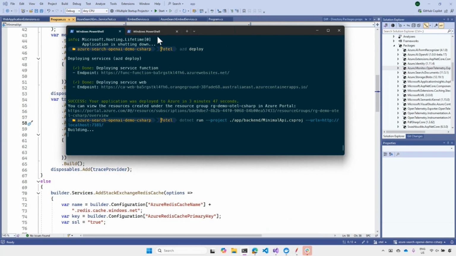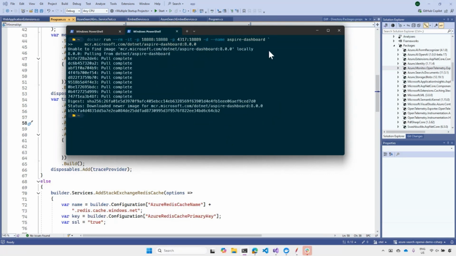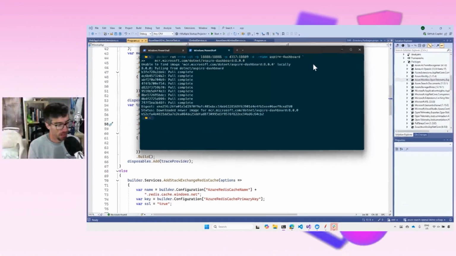And I've also got running the .NET Aspire dashboard. You can run this if you're using it through Visual Studio. My preference is actually to run it directly in Docker. So if you've got Docker installed locally, whether that's on Windows with WSL, on macOS, or any other environment, then you can do docker run with the Aspire dashboard. There's the link there. There's details on how to do that in the Aspire documentation.